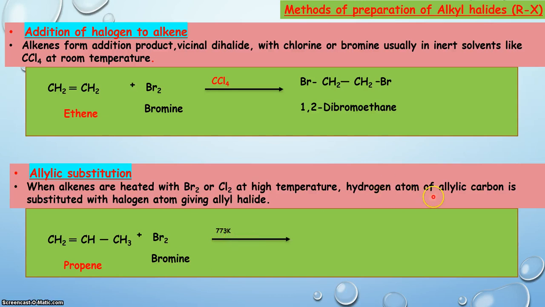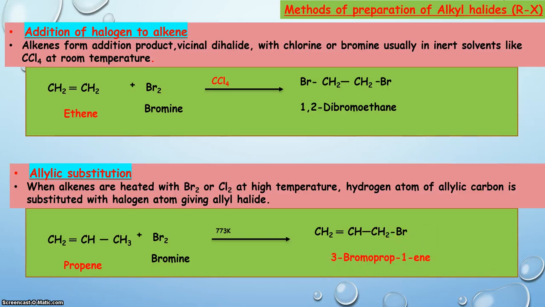What is this hydrogen atom of allylic carbon? This is the allylic carbon, which is adjacent to the carbon-carbon double bond. So this hydrogen atom is replaced by bromine and the product we will get is 3-bromoprop-1-ene. Here numbering will start from the left hand side, so this is carbon number 1, 2 and 3. Therefore its IUPAC name is